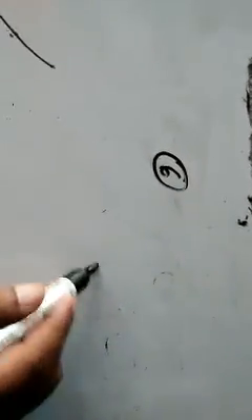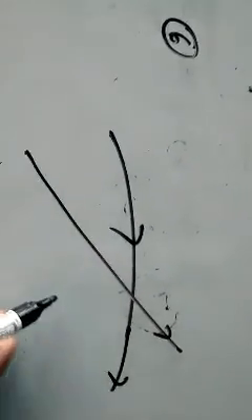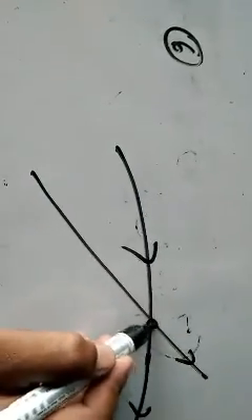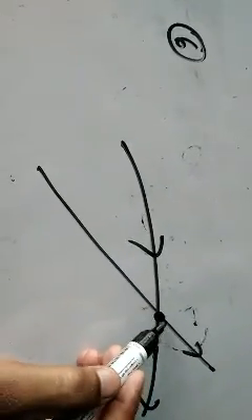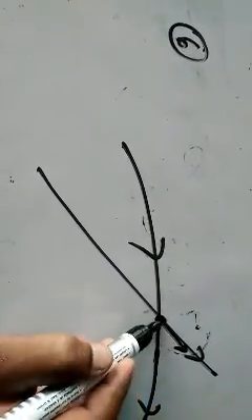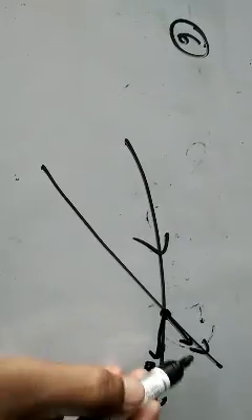What is the sixth point? Check it, I am explaining. Point number 6 I am explaining. This is one line of force, this is another line of force. If these two intersect each other, then at the point of intersection the magnetic field has two directions. Draw the tangent here, draw the tangent here. The magnetic field has two directions here.